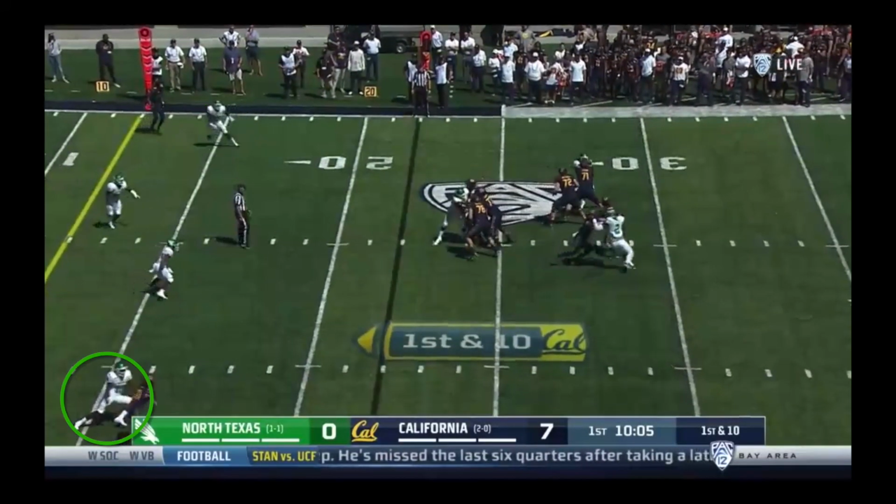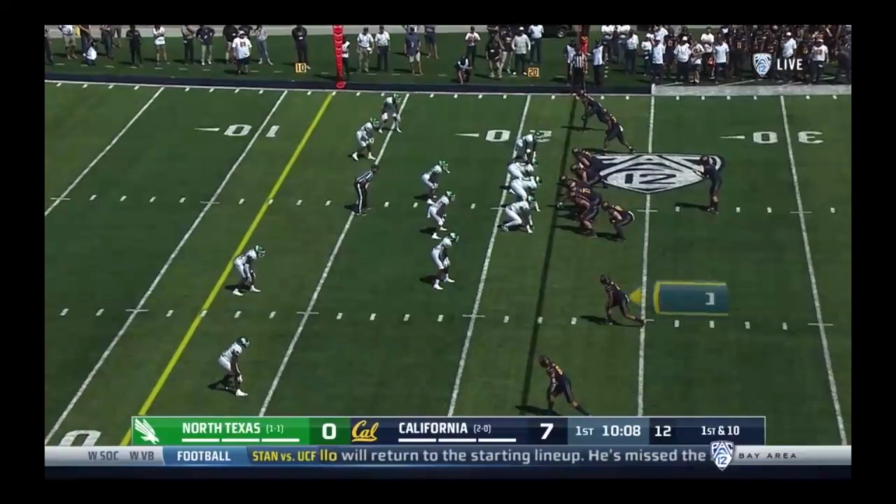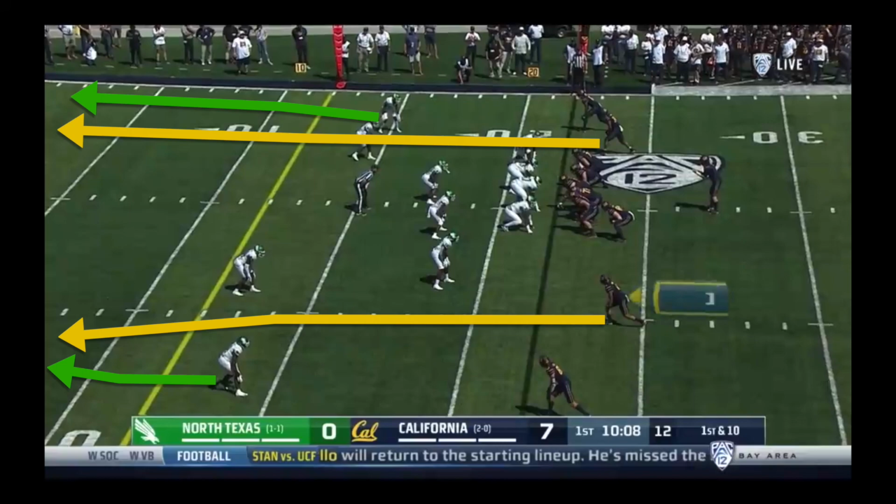Similarly, at the bottom of the screen, we can see that they're dropping another defender inside of the slant by this outside receiver. When the defense is able to drop defenders underneath these routes, then the cornerbacks are going to be free to sync with the slot receivers, and so both deep receivers here are going to end up with an inside-outside bracket by the cornerback and the safety. There's not going to be a lot open on this play.